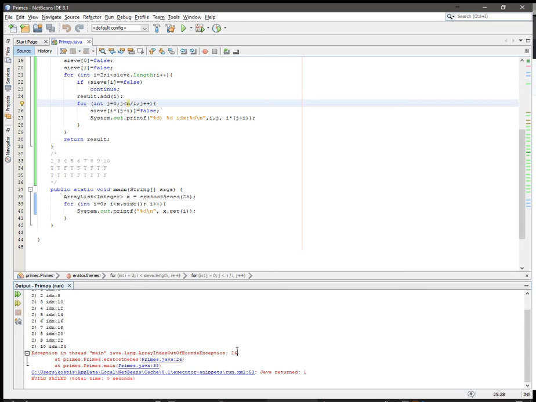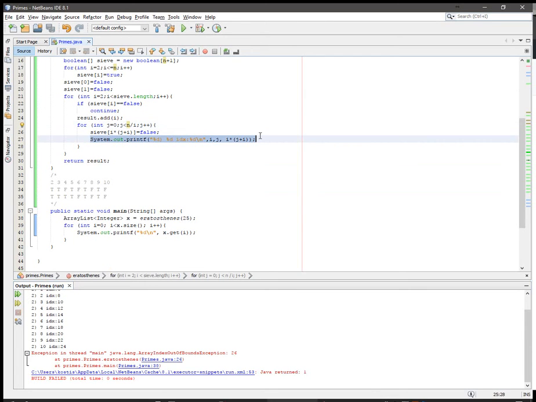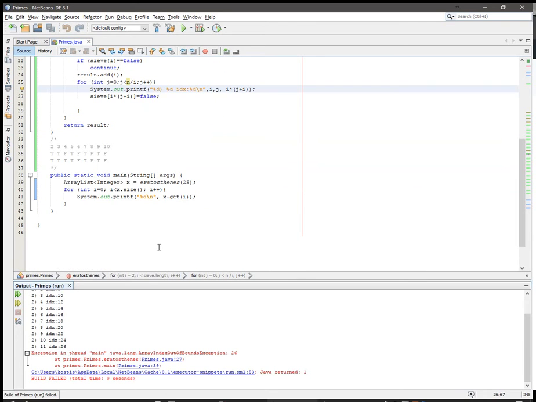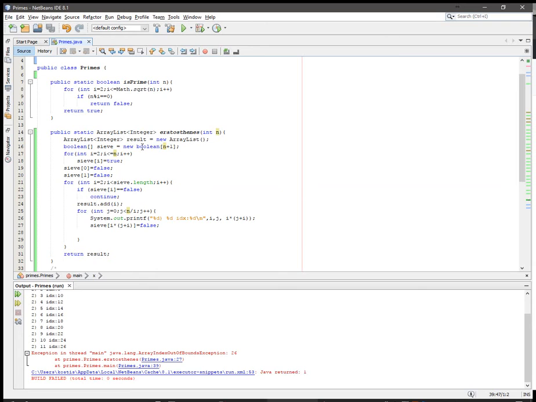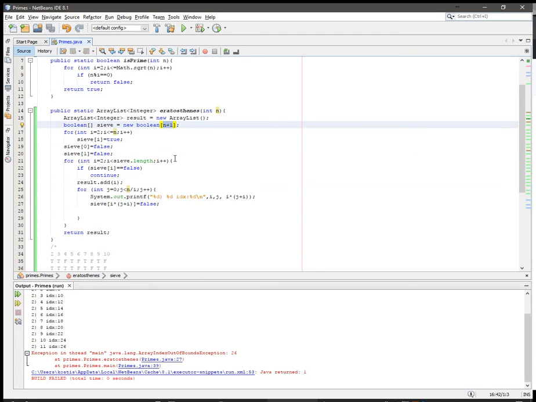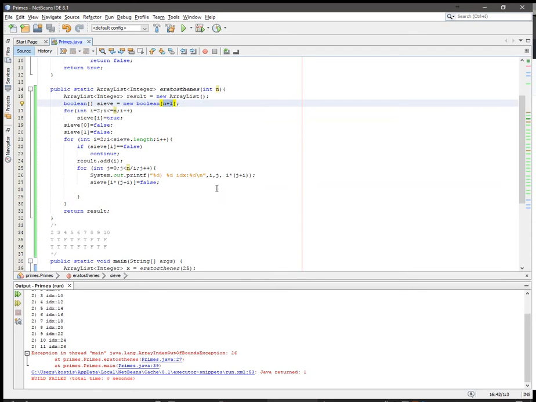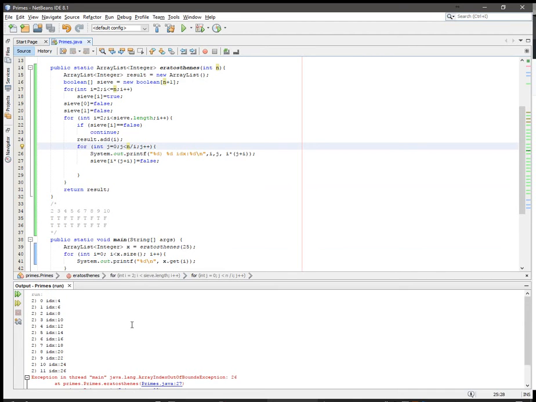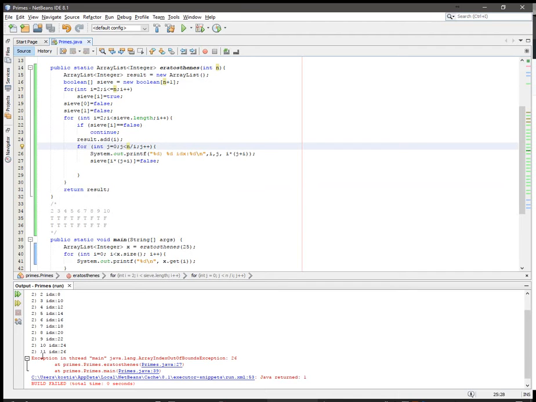Array index out of bounds, 26. So let's first do this. So 26, but the argument is 25, and I'm creating a boolean with 26. Yes, of course, George, but since you have 26 elements, the maximum index is 25. But why? But since I've removed this, so j in this case is 11, n is 25, 25 divided by 2 is 12 in integer,